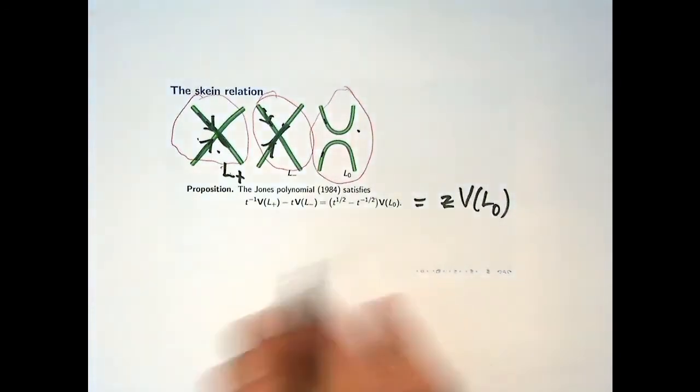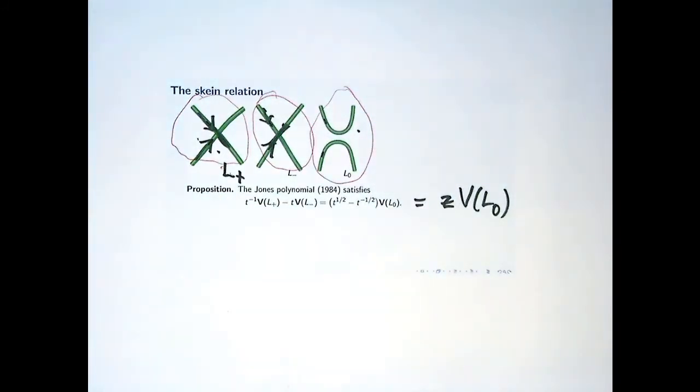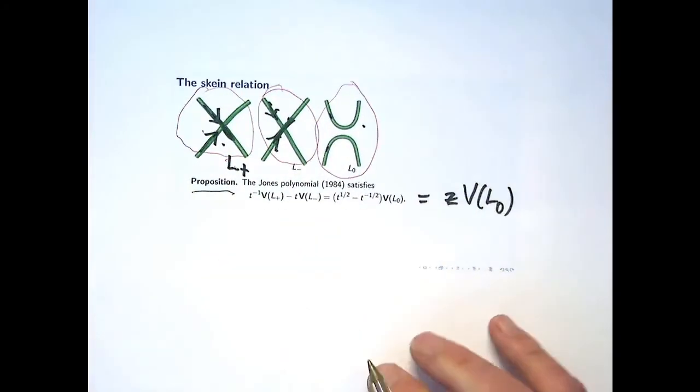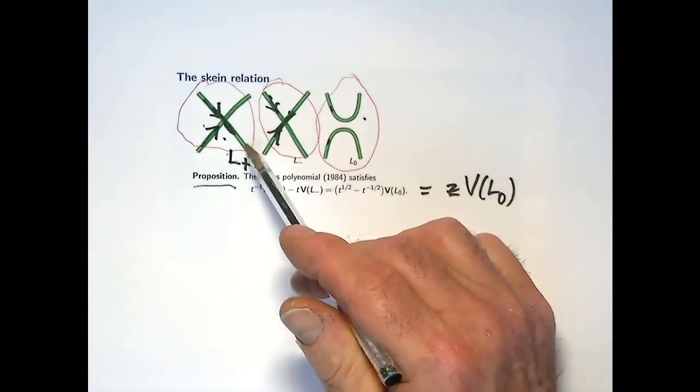Now, I've got a couple of minutes, so let me just explain why this follows from rule 3 for the Kauffman bracket. I don't think I've got time to do it in full detail, but let me try and tell you why this skein relationship, this proposition here, follows from what we've done before. Well, you just have to apply